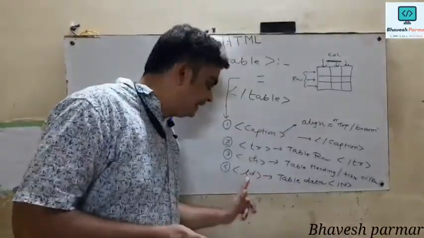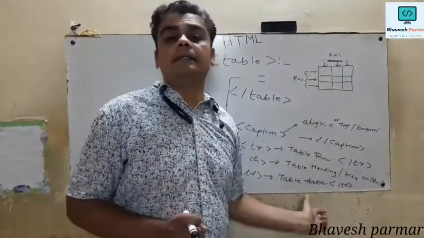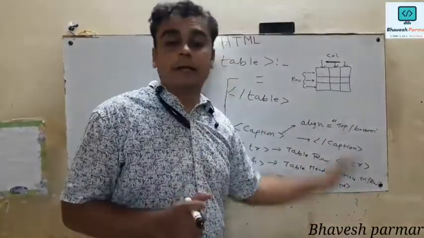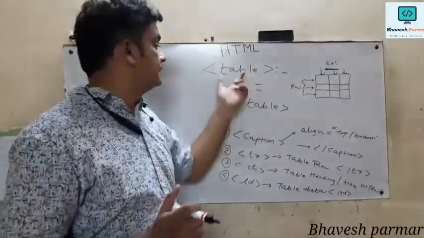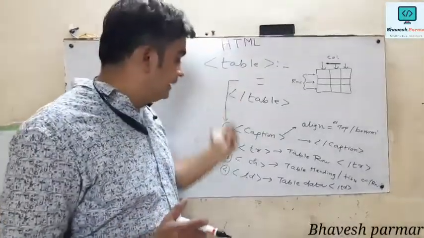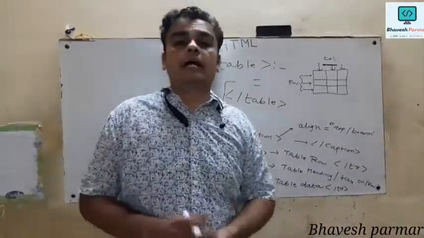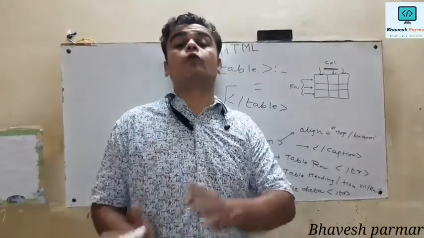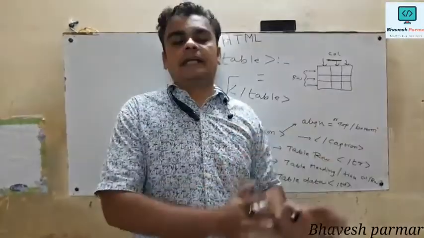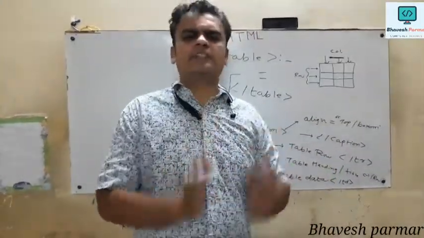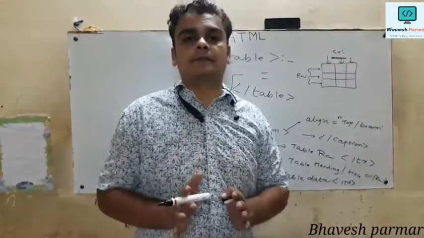Thereafter our last tag is the td tag. td represents table data, meaning the actual information of the table is represented by this td tag. And keep one thing in your mind, all these tags are pair tags. And in the same session we also discussed the attributes of the table tag, the tr tag, th tag, and td tag. All these tags have some attributes, and from the HSC board examination point of view, there is always one question, question number 5 for 5 marks, to write the program for the following table. Meaning there must be a table and you should be able to solve this table program for 5 marks.